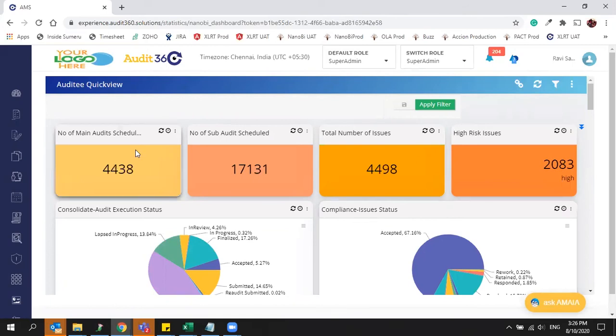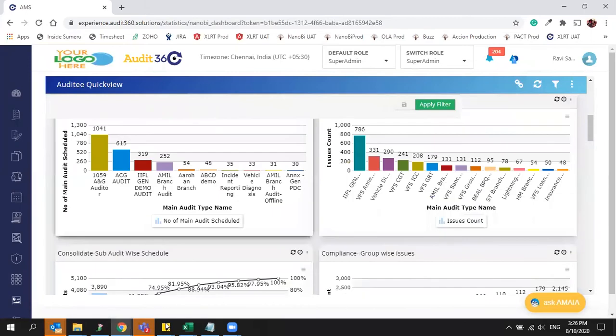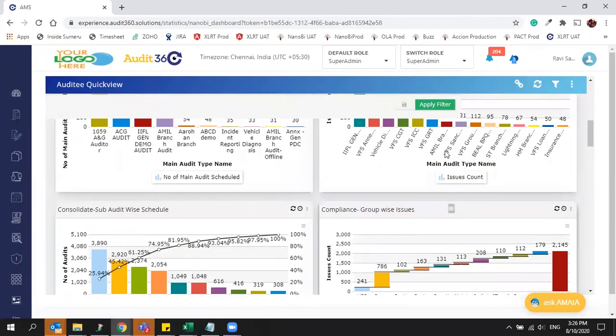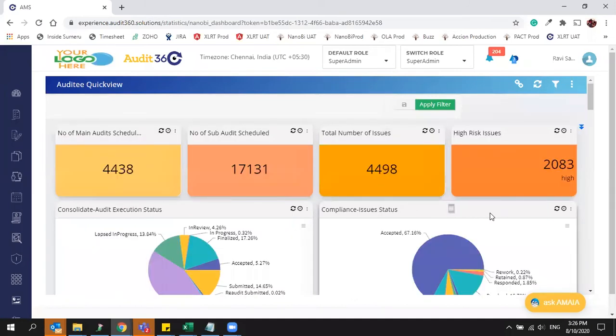Where you can see main audit schedule related data as well as issue related data in a single dashboard. This will help you to check the relevant information in a single dashboard. If you want to see issues related to a specific auditee, you need not go to conformance and compliances. It will give you the information within this particular dashboard itself.